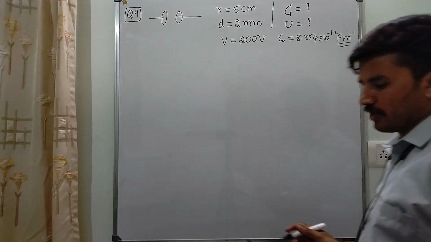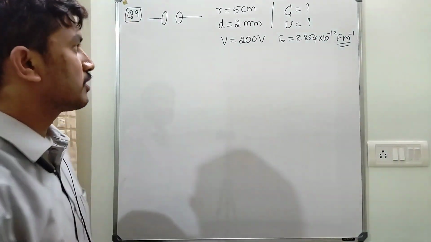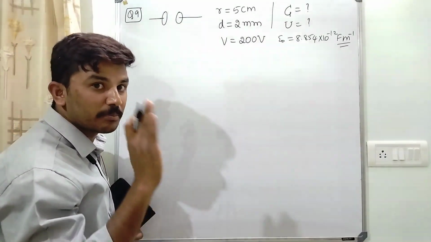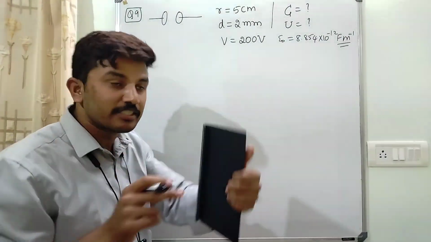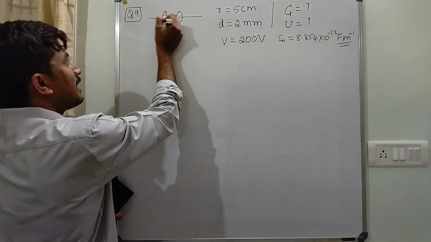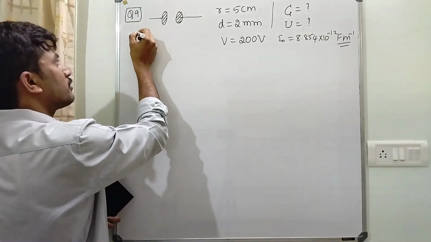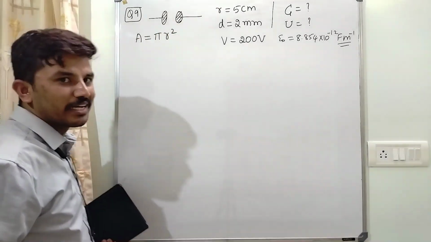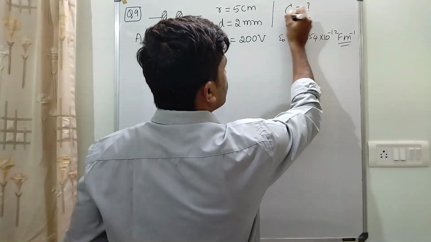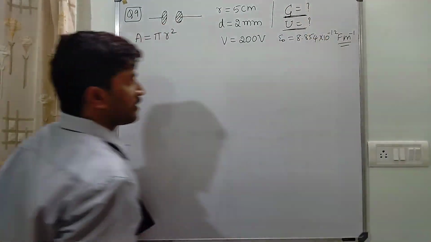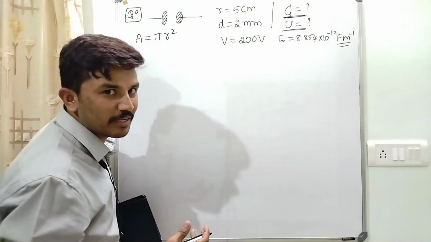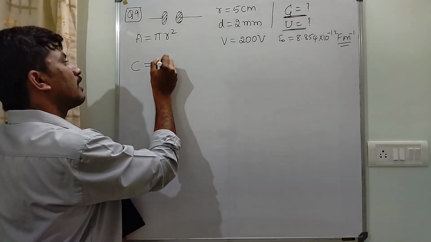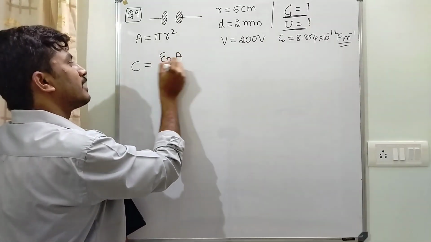It's a constant. Okay, so it's a really simple question. So here we have a parallel plate capacitor, but the parallel plate is circular in shape. So if you want to calculate the area of this particular parallel plate capacitor, we will have to use this formula, that is A is equal to pi r square. So they are asking you to find out capacitance and energy. First, let me find out the capacitance of the parallel plate capacitor, that is given by C is equal to epsilon naught A divided by d.